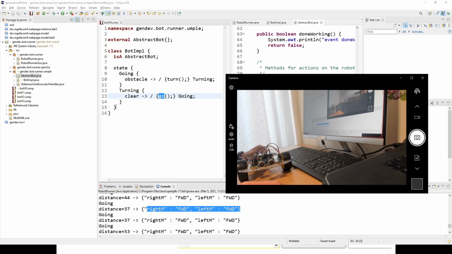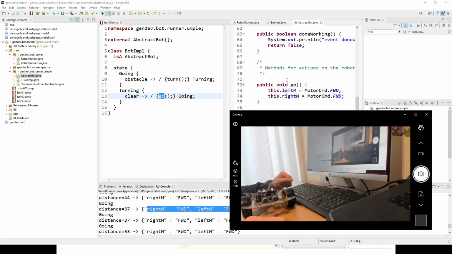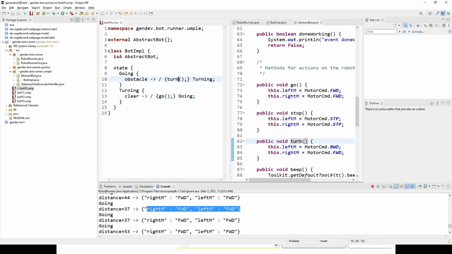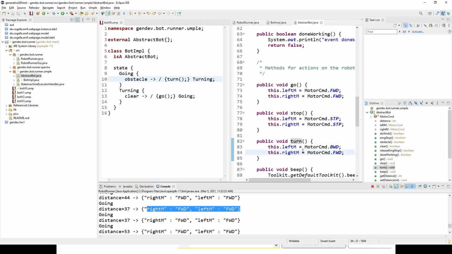So are there any questions? Somebody asked about the direction of the turn. We do this in the lower level implementation here, where we simply say the turn goes backward and forward with the different wheels. So that's basically taking care of the direction. If we write turn left and turn right here, then we would have the actions turn left and turn right available in the state machine. But for now we'll just have a simple turn,